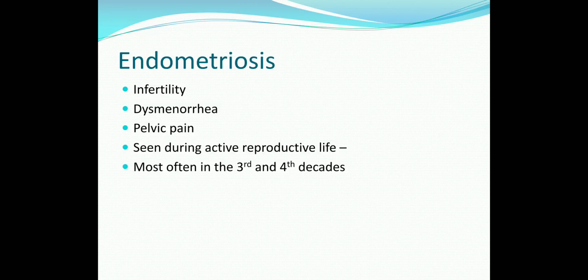And the pelvic pain can again be due to this bleeding, but another feature of endometriosis is adhesions. It can cause adhesions with all the adjacent structures. For example, if there is an endometriotic site in the colon, it can cause adhesion between different colonic segments. That is because it is bleeding, then regressing, again bleeding, regressing. So that causes adhesions. It is usually seen in people of the active reproductive age group.